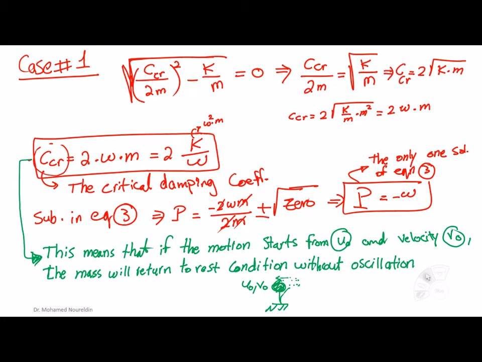Now we can understand that we have u node and v node. They are going to play some part in our equation. In the coming part, you're going to find u node and v node. However, if you look at the previous videos for the undamped case, we said that no initial condition is going to be contributing to the equation. u node and v node are not existent there. So based on this, let's make a definition